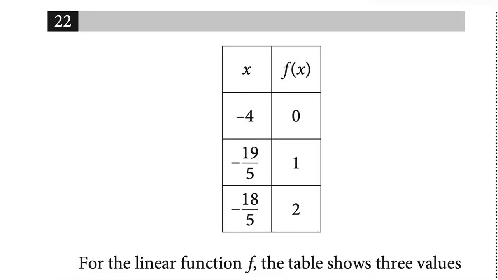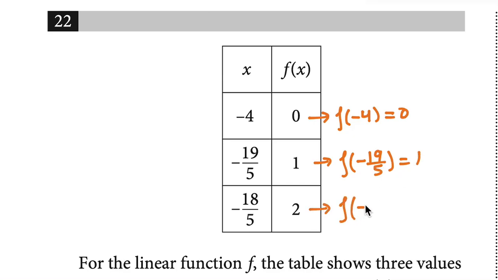Question number 22, bundle 7, module 2. A table is given, x and f(x). These are the values. I can also write it as f of negative 4 is equal to 0, because when x is negative 4, f of x is 0. And I can write this as equal to 1. And this one can be written as